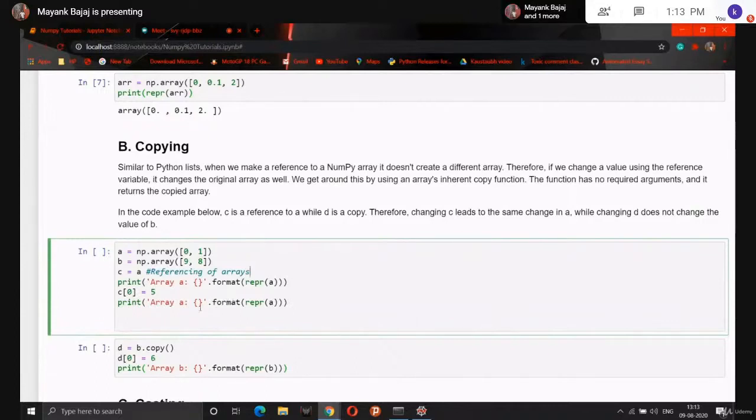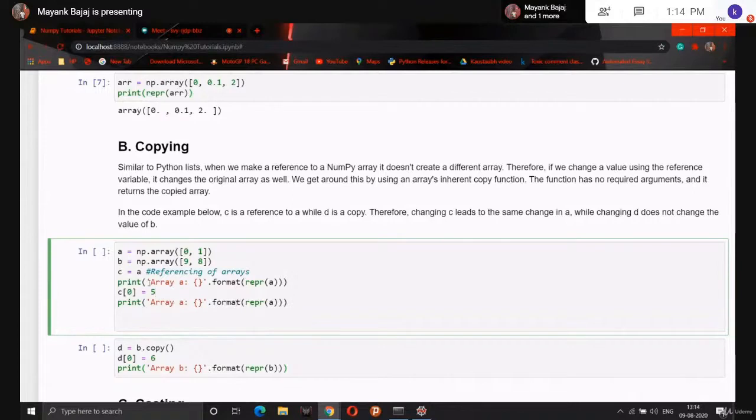So guys, first of all, here we are printing A. It will give the output 0 and 1, as there are only two elements. Now guys, I am changing the elements. This is the way, I will tell you about this later on, known as indexing. C of 0, you may know in lists also we are doing indexing. Similarly, in NumPy arrays we are also doing indexing. So guys, here we are using C of 0. It means we are using the first element and we are converting the first element to 5. So guys, now I have updated the first element of C. Guys, again take care. I have not updated the A array. I have only updated the C array.